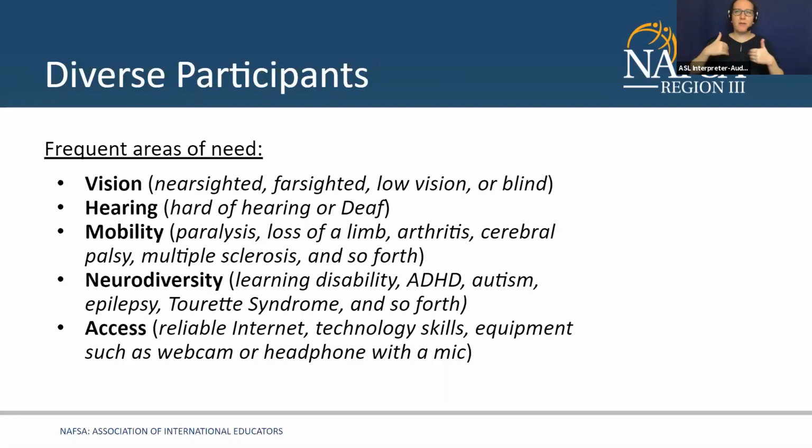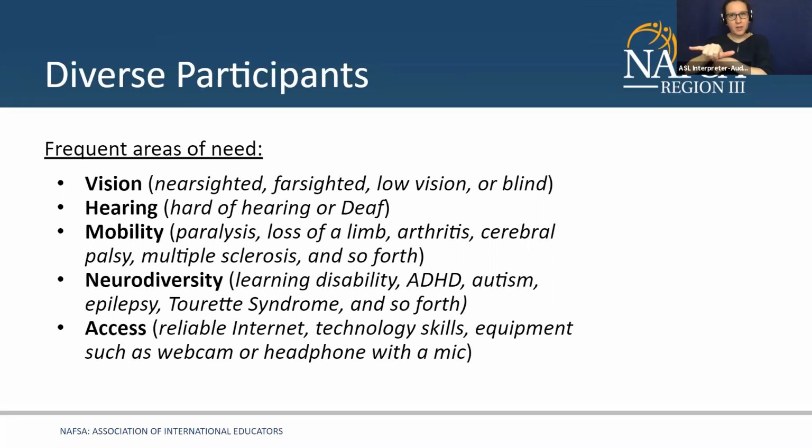And then the next group is neurodiversity. This is actually an emerging concept, but it's a concept that recognizes the neurological differences among people. Examples of this include individuals with learning disability, ADHD, autism, epilepsy, Tourette's syndrome, and so forth. Some access tips to be mindful of for this group include having an option to chat responses or questions, using accessible plain language, avoiding jargon, leaving time for information processing, minimizing distractions, providing an option to read out loud